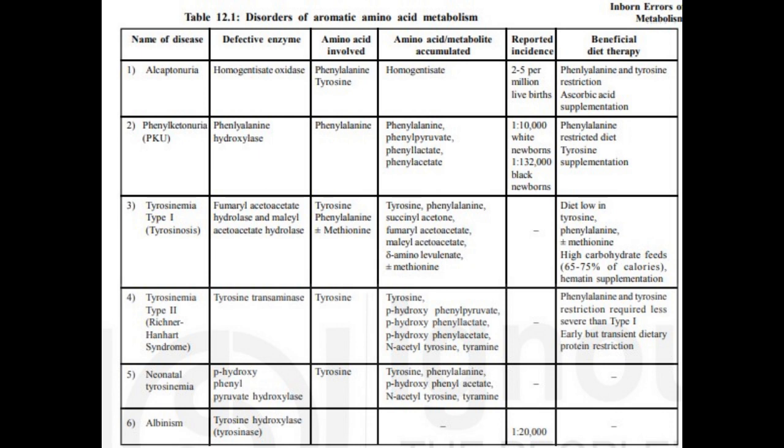4. Tyrosinemia type 2, persistent keratitis and hyperkeratosis occur on the fingers, palms of hands and soles of feet, moderate mental retardation. 5. Neonatal tyrosinemia, generally asymptomatic, but long-term effects may include mild mental retardation. 6. Albinism,